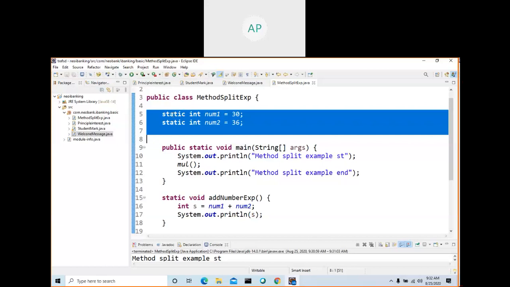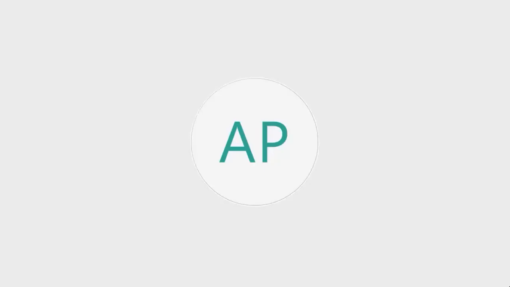In the next training session, we will see how to get these two values dynamically from the user. Now we hard coded them, right? Actually, they should come from the screen. We will ask the user to enter these two values, and we will do this example in the next session. After that, we'll work on parameters and objects. We'll move on. Thanks for your time.